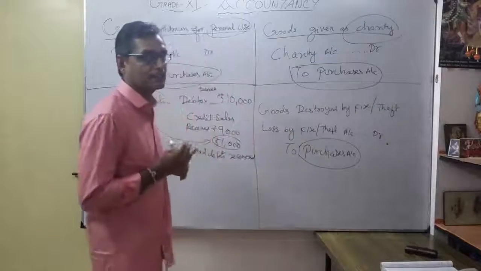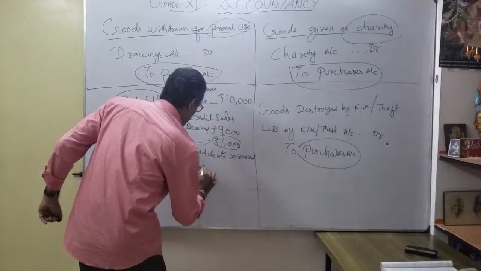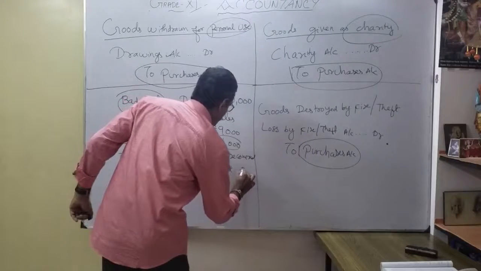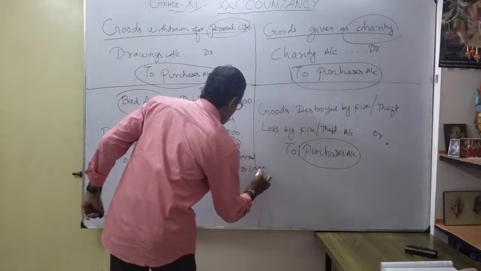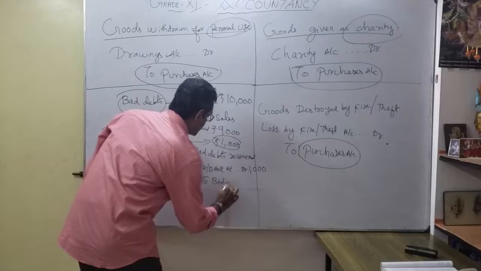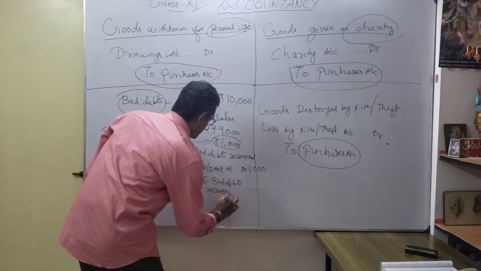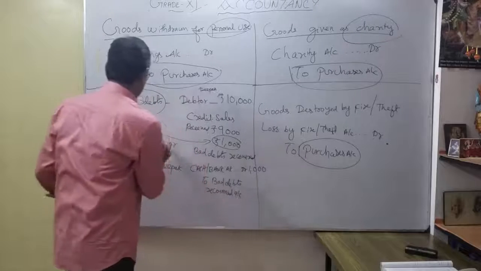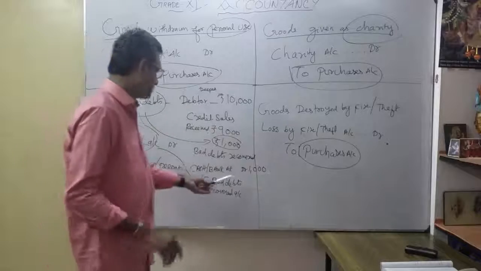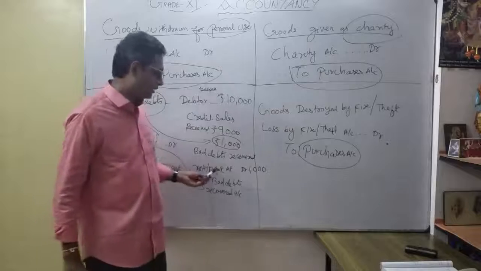So how to pass the journal entry? Now the money received. So what is the entry? Maybe cash or bank. Okay, that is better always like this. Bank account debit 1,000 to, what is the credit? Bad debts recovered account. Earlier I was debiting, now I am going to change this. So to bad debts recovered account. So I am debiting this one, cash or bank account.